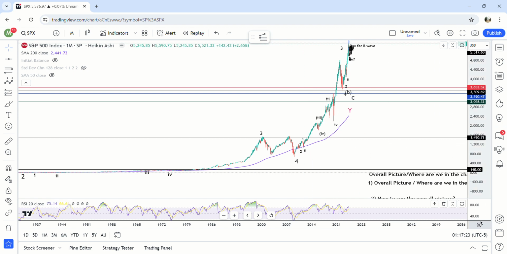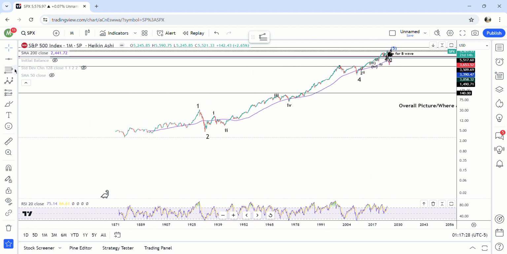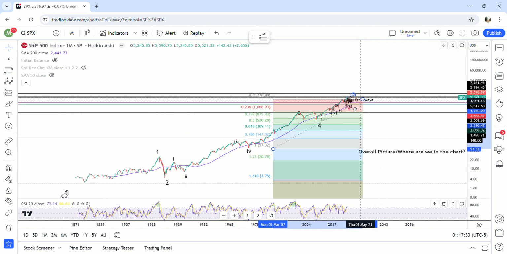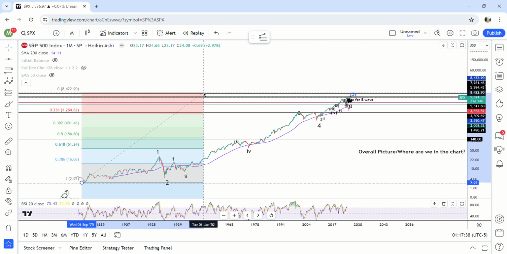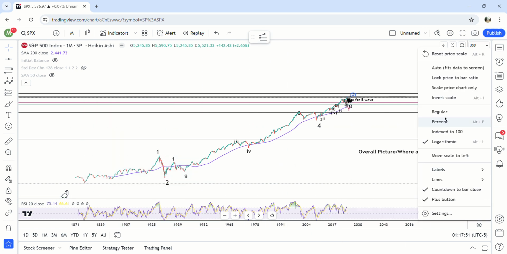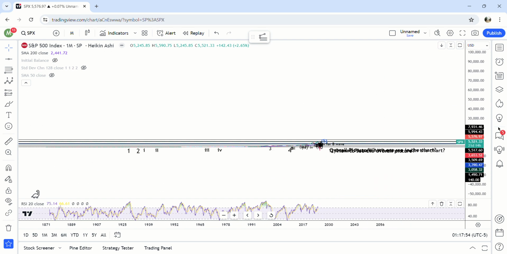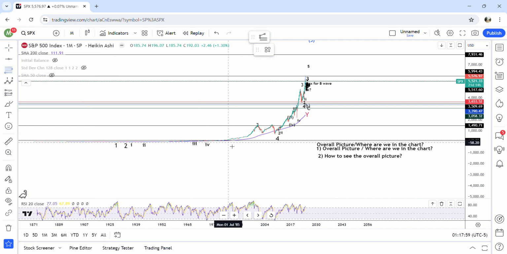But one thing that it does help out with: on the log chart, let's say we do go to 7,000. Normally after a cycle continues or a 5-wave move finishes, I would say it's going to pull back to the 0.5 fib. The problem here is 138 is the 0.5 fib on SPX. But on the regular chart, this is one time where it actually makes sense to use it. The 0.5 fib is at